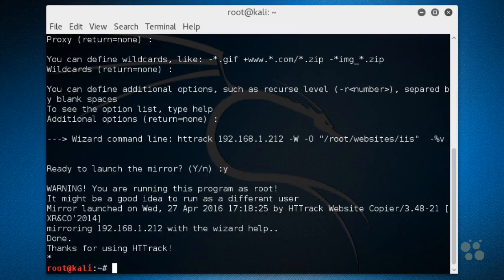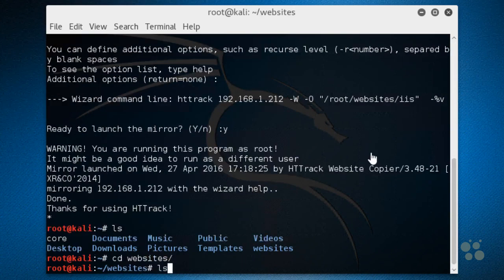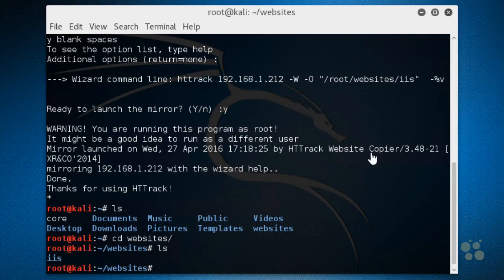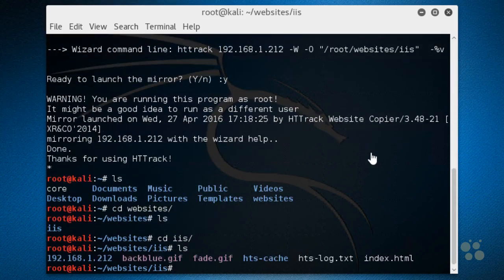And it's done. So now if we do an ls to list the contents of this folder, we have websites. So let's do a cd to websites. And now if we do an ls, we've got a folder called IIS. And if we change to that folder with the cd IIS and press enter and do an ls, there's the initial contents, including the index.html for the mirrored website that is now sitting on the local hard drive of this